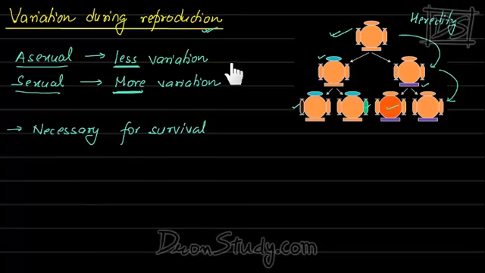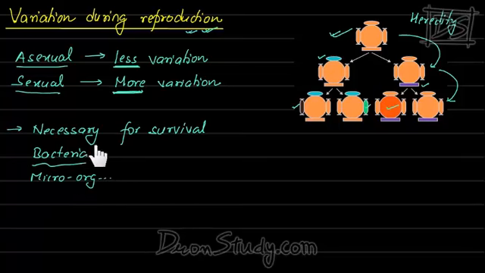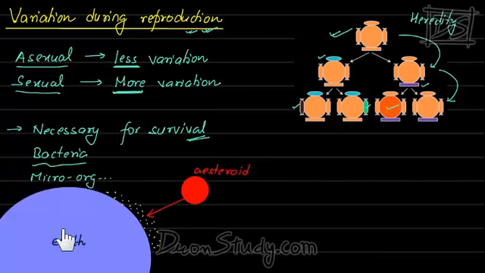this variation is necessary. For example, in the reproduction chapter, you remember, I had said that bacteria is a microorganism that we all know, okay? And this bacteria is one of the most ancient organism of this earth. It has been here on earth for many years, and over these years there has been many variations in it, which has actually helped in its survival. Let me explain this with the help of an example. So let us assume that this is the earth and there are many bacteria on it, but there isn't any variation in them. They are exactly the same. Okay.